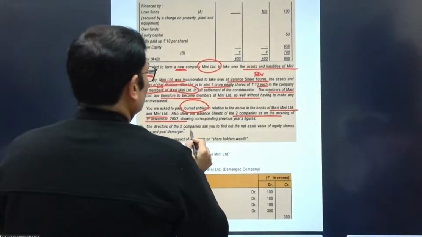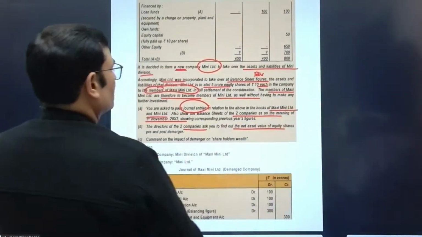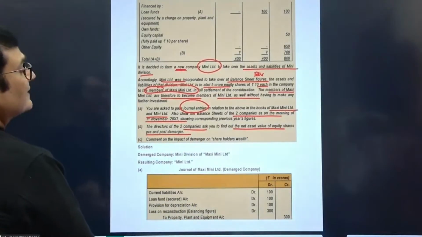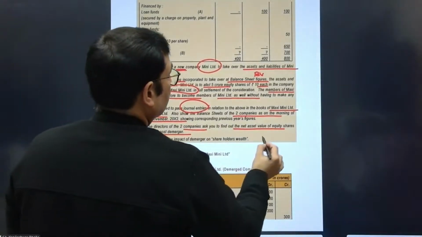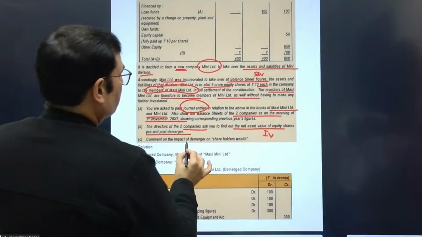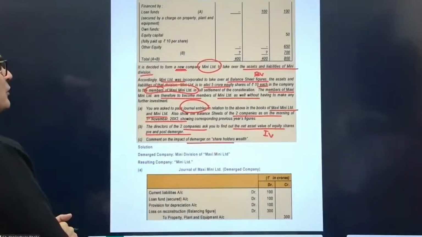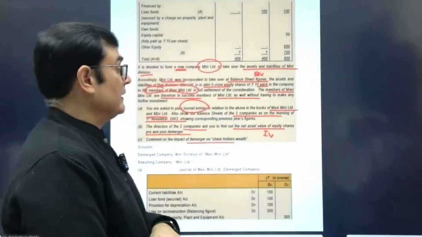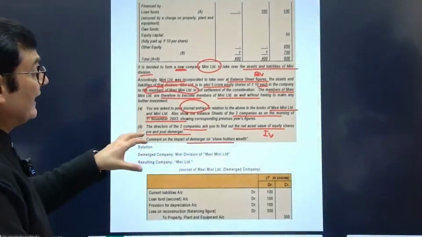The directors of the two companies ask you to find out the net asset value of equity shares pre and post demerger. Net asset value means I need basically the intrinsic value of the shares pre and post merger, and then comment on the impact of demerger on the shareholders' wealth. So in this particular case, there are 3 focus points. Number 1, I need the entries in the books of the two companies. Then I need to calculate the intrinsic value or the net asset value pre-post demerger